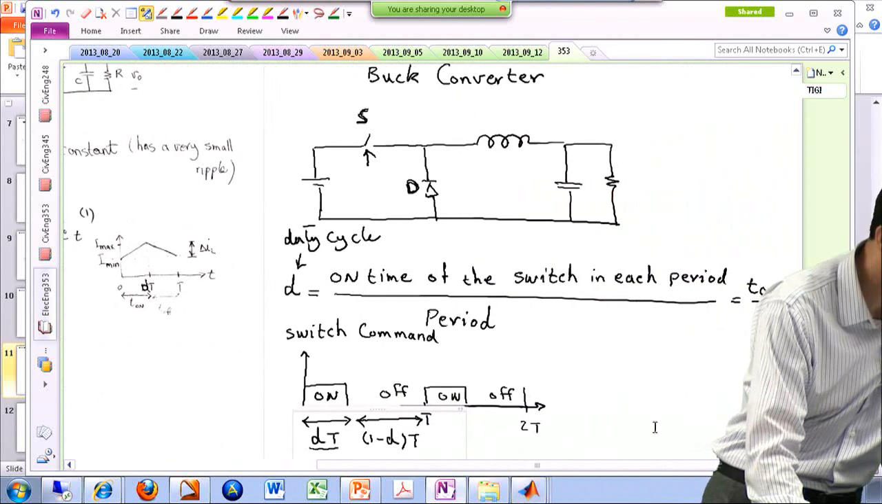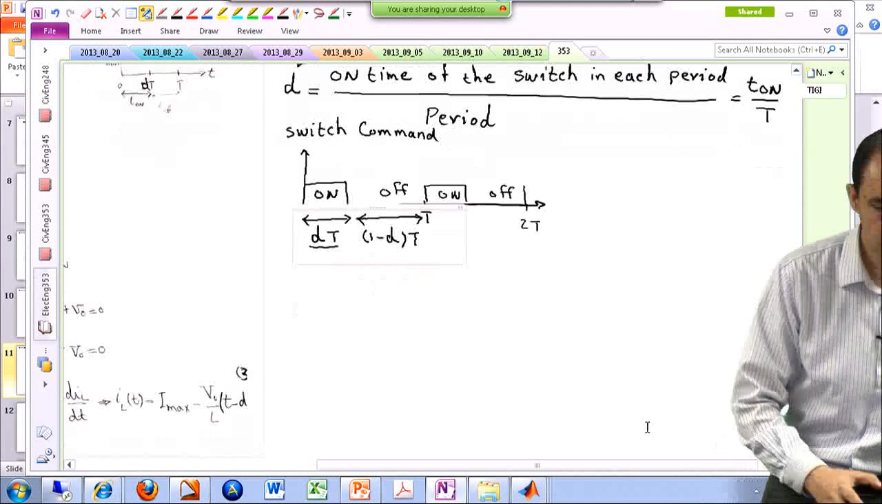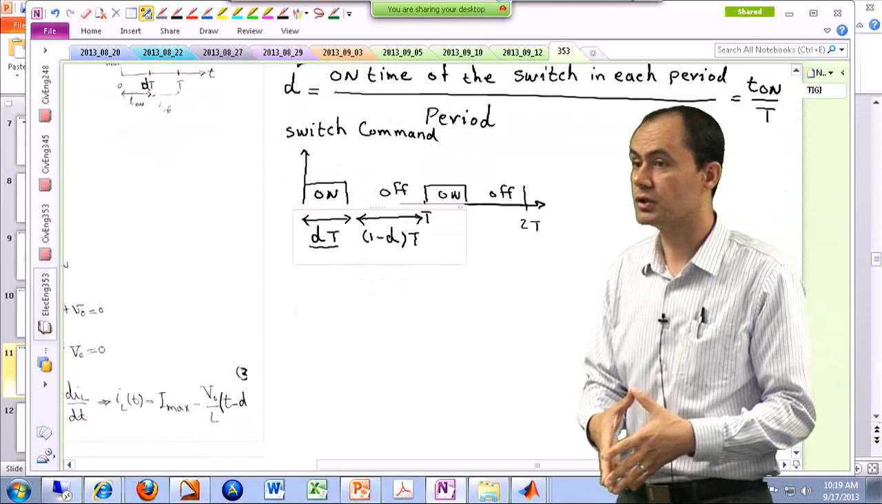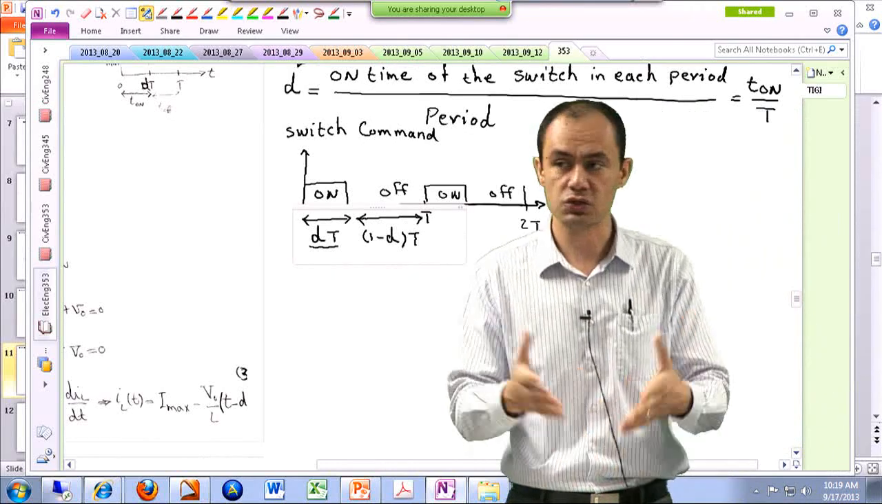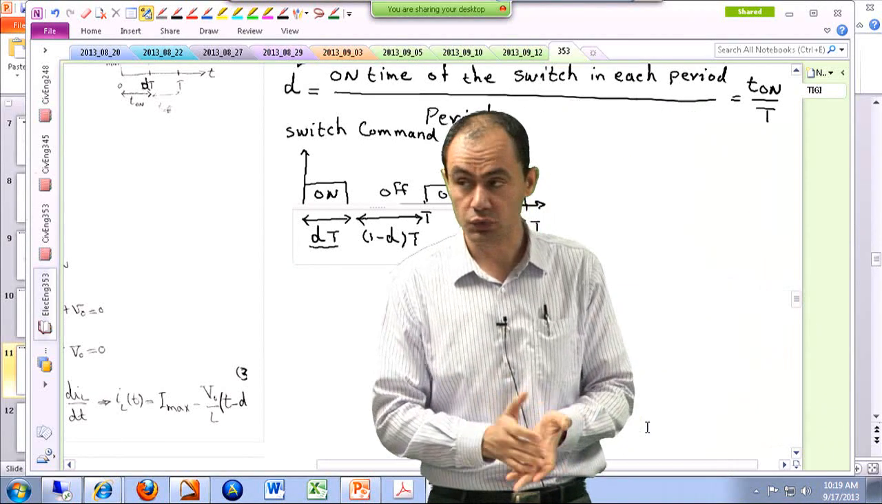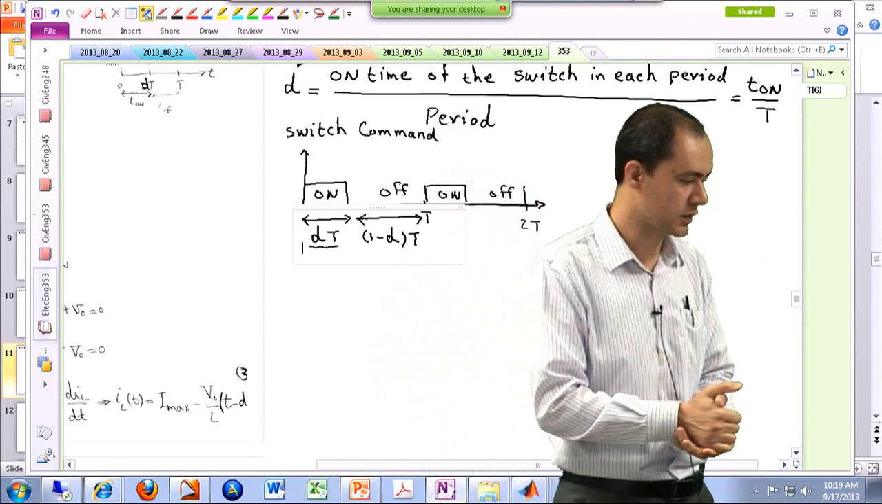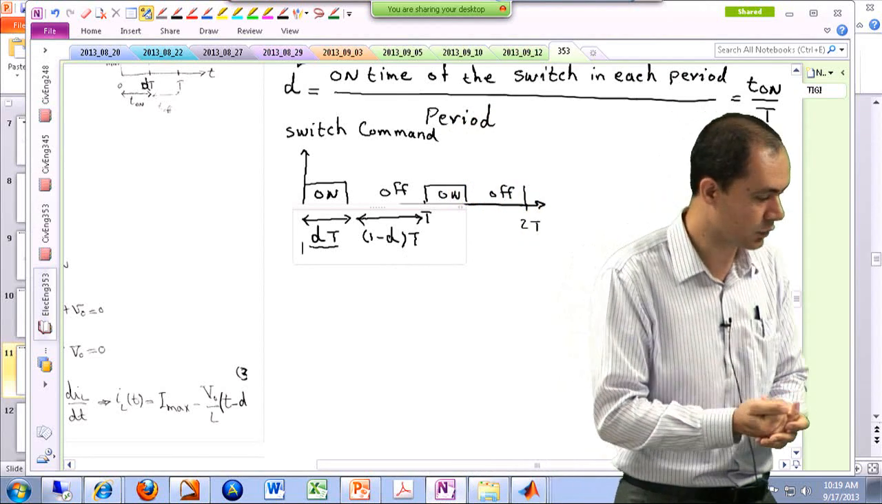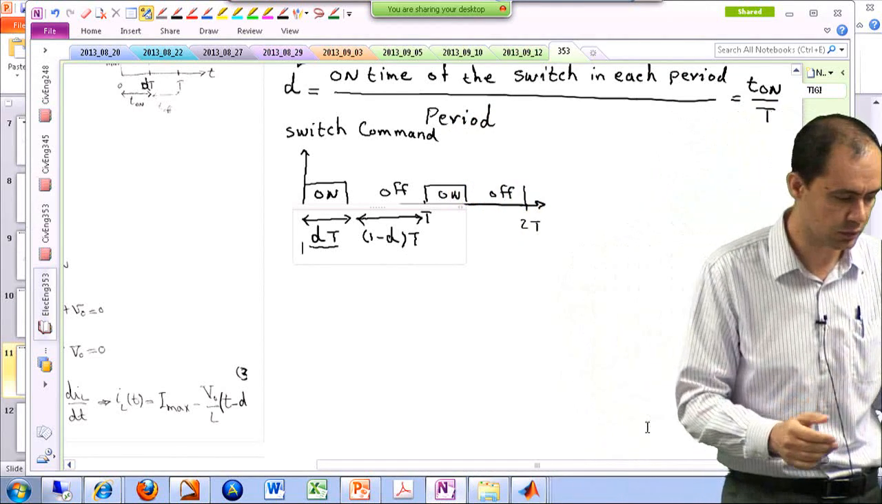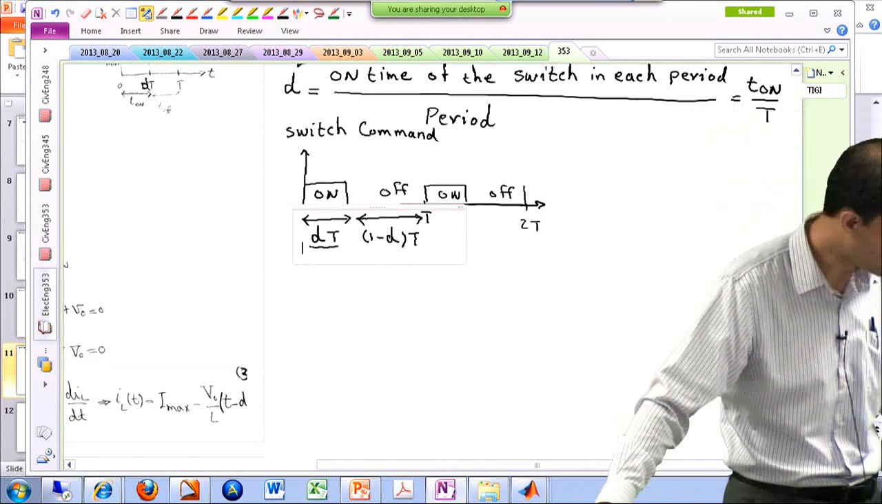So as you can see, you can identify 2 modes of operation here. One mode is switch is on. One mode is switch is off. And remember, whenever we have a diode in the system, we have to figure out what happens to the diode in each mode. So looking at mode 1,